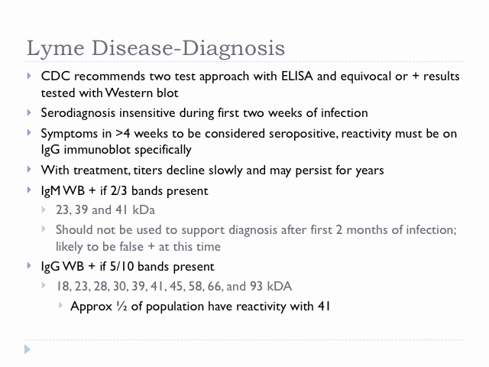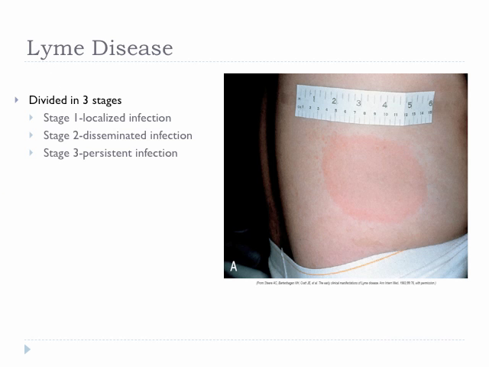Important things to remember: the IgM Western blot is considered seropositive if 2 or 3 bands are present. The IgG Western blot is considered seropositive if 5 to 10 Western bands are present. Approximately half the population has reactivity with band number 41. So this is a characteristic erythema migrans rash. Erythema migrans rash usually has central clearing, usually erythematous around the edges, usually reaches a dimension of about 10 to